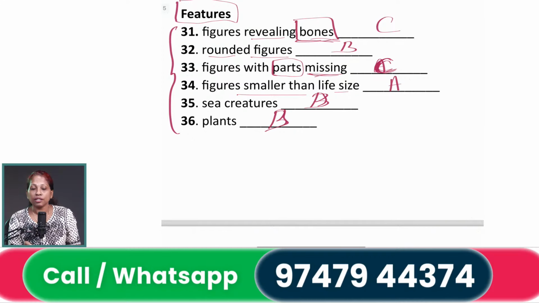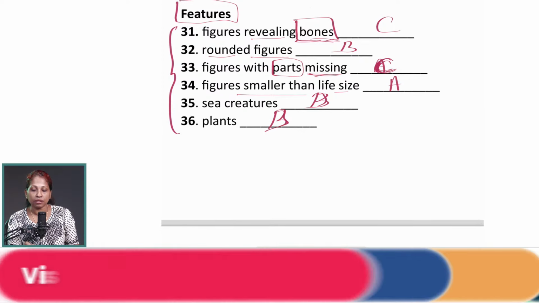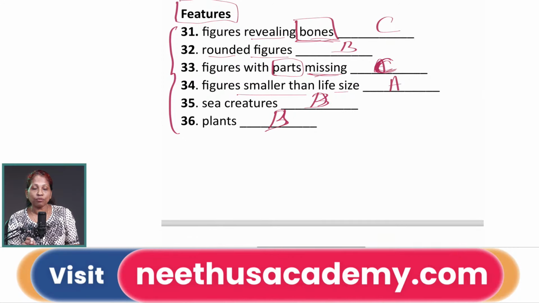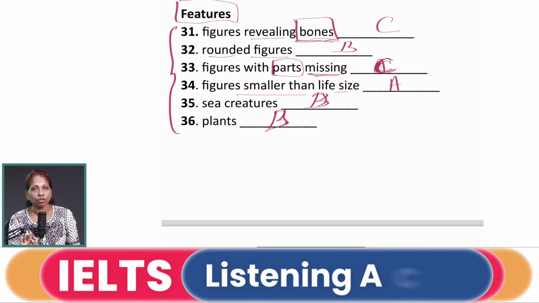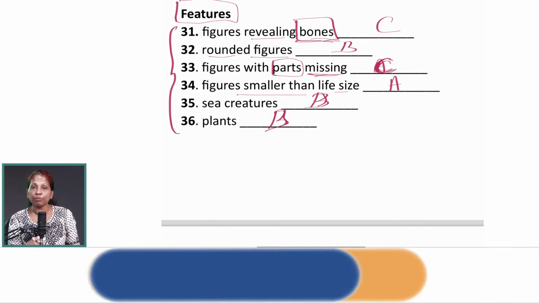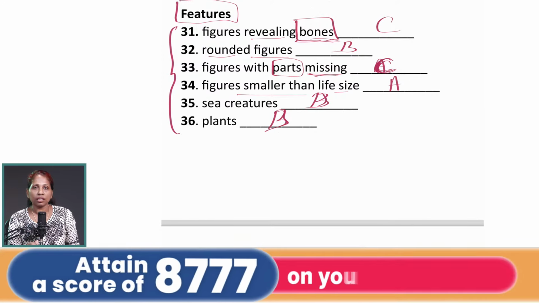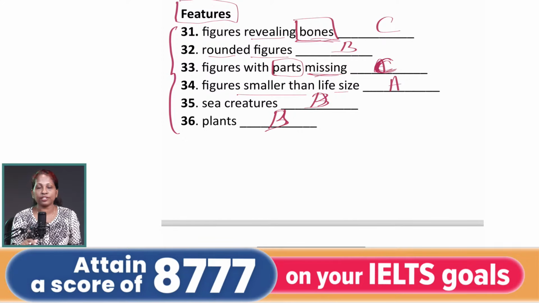So you can see the option B has been repeated thrice in this, right? So three of the features are from the Yam paintings. That will happen in your matching kind of questions. Quite obvious, because 3 options are there and 6 questions are there. That means options will be repeated. Now how many times, that ratio is not fixed. Right? So this is matching questions.